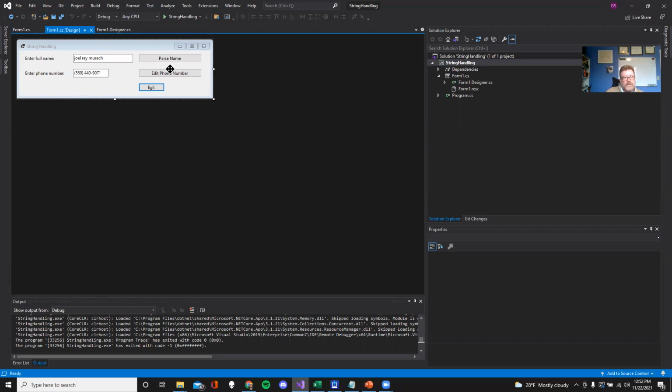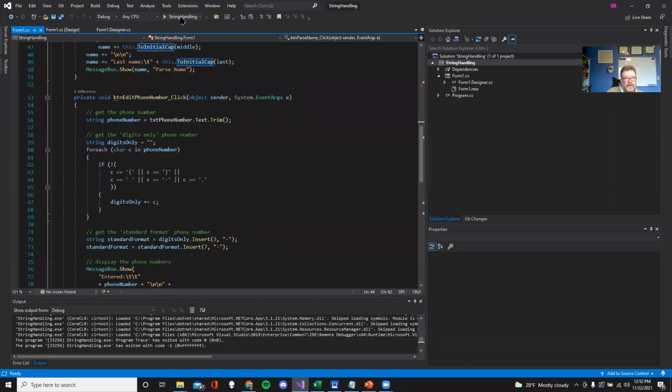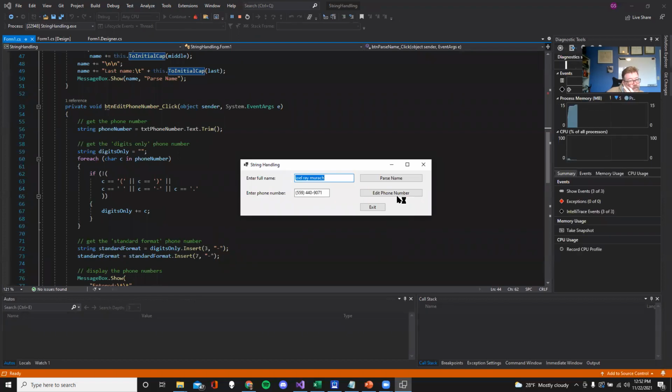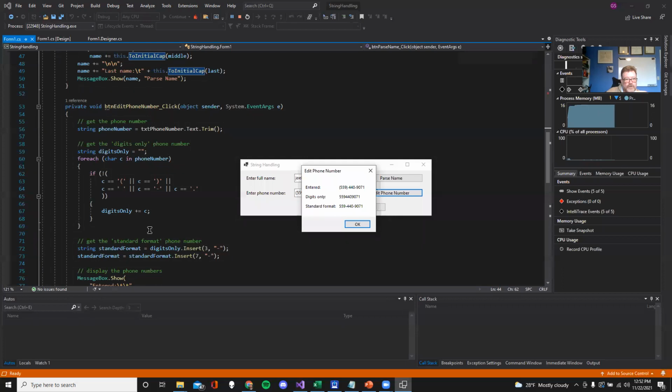If I go edit phone number, that's not me running it. Let's see it run first. Okay, if I go edit phone number, boom, there's a message box which has the entered phone number, the digits only, and then its reconfigured version. So if we look at this,